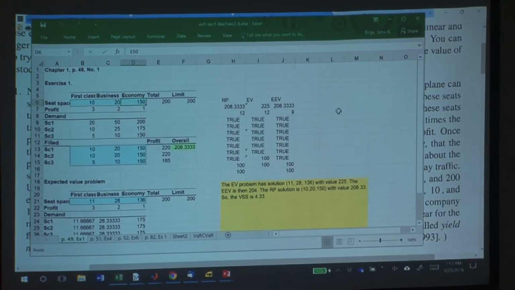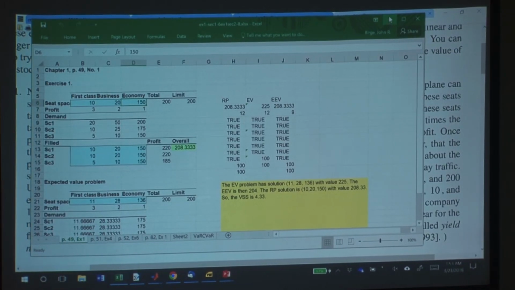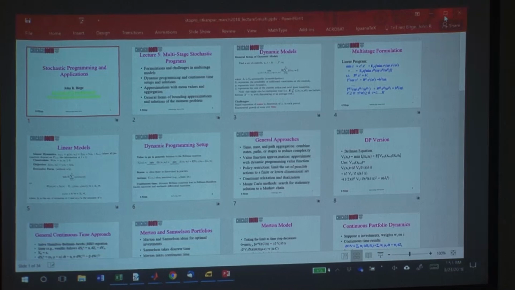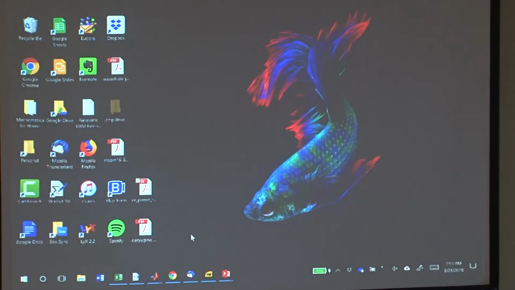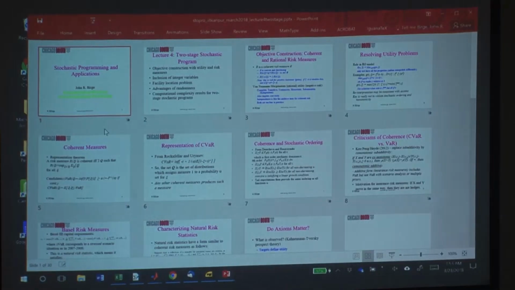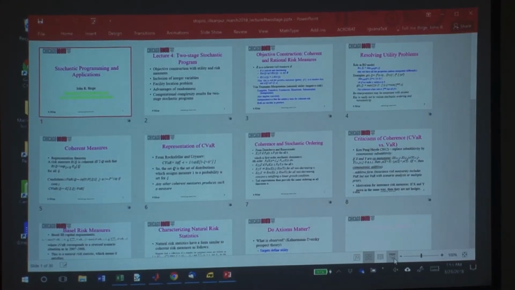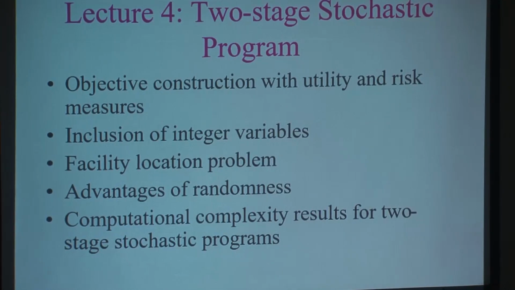Okay, so let's go back to the, oops. I want the other one. Okay, so what I'm going to cover in these,